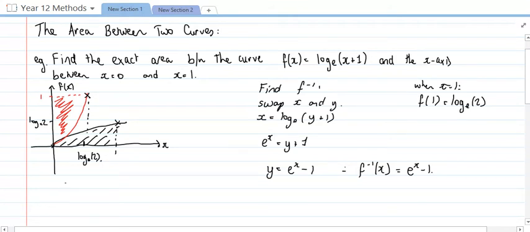So what I'm going to do is say that the area is equal to, now the area of the rectangle has a width of log e of 2 and a height of 1. So the area of that is just going to be log e of 2, because you do length times width. Log e of 2 times 1 is just log e of 2. Then I need to take away the area beneath this red curve here, so that is the integral between